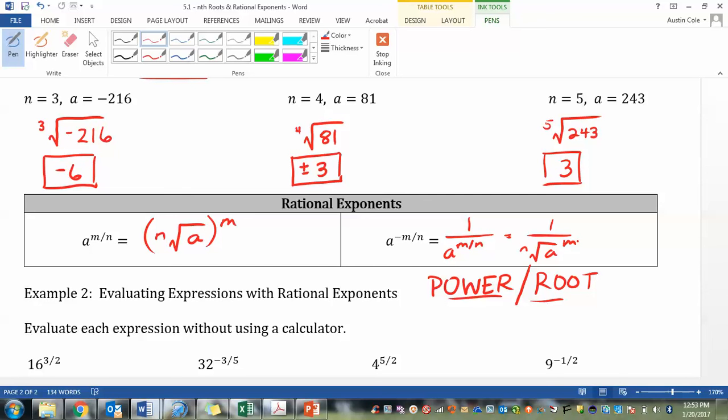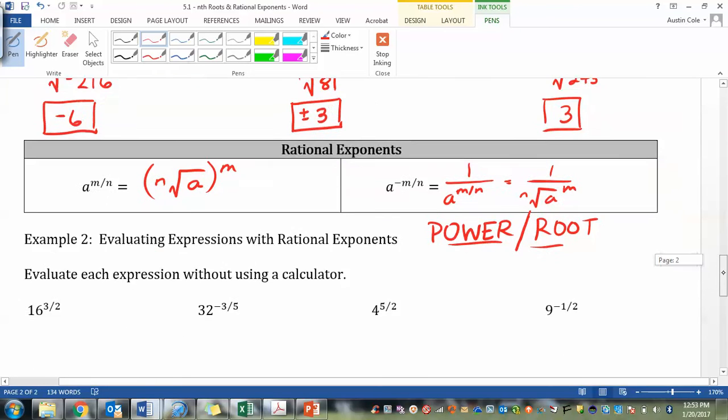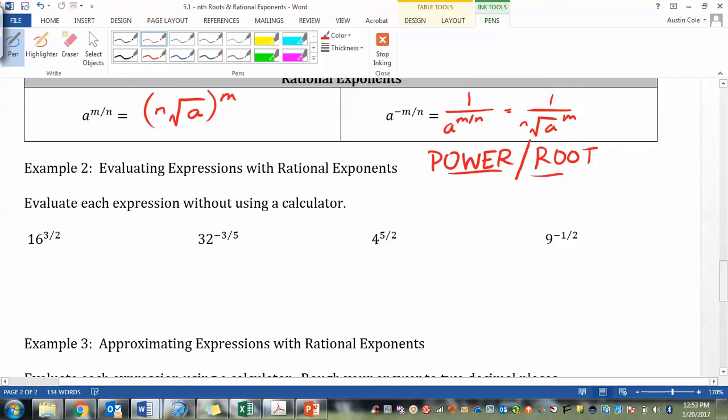Okay, let's get to some problems here. 16 to the 3/2 power. Well, again, my numerator is 3, so this is going to be my power, and my root is going to be 2. So I want to do the second root. What's the second root? That's a square root, right? Square root. So we usually don't put a 2 there. So it's the square root of 16